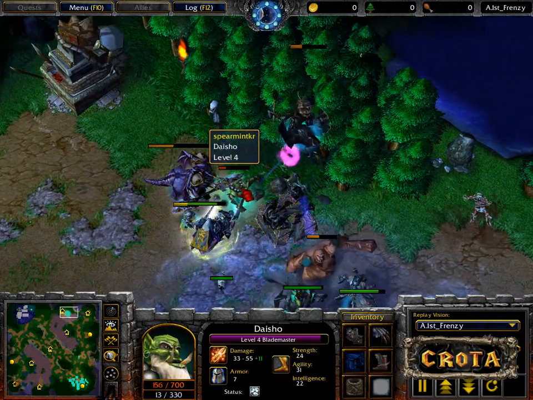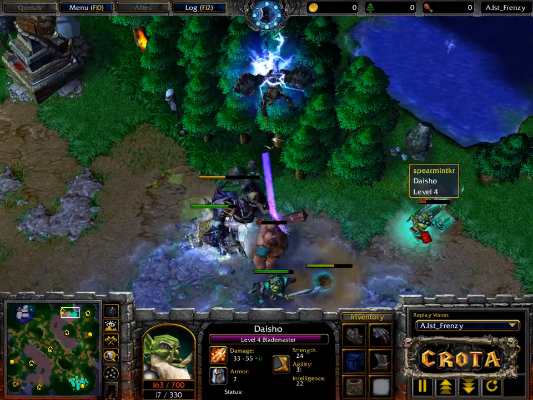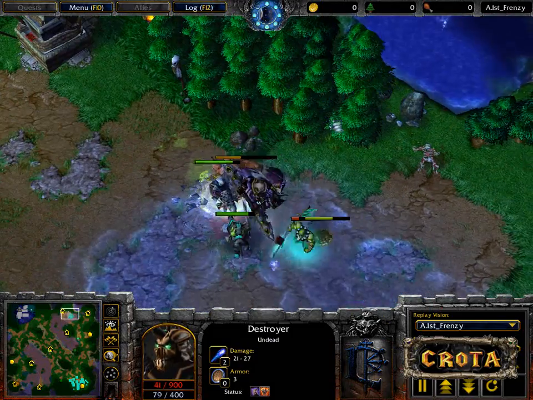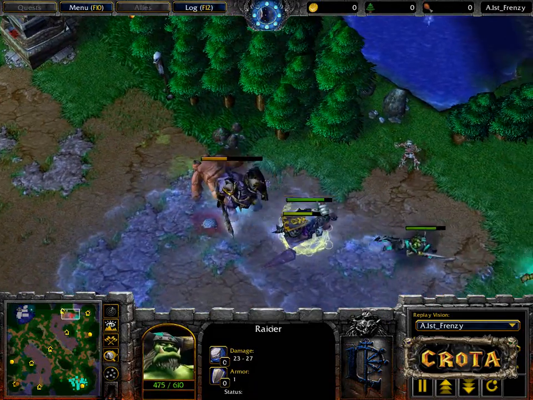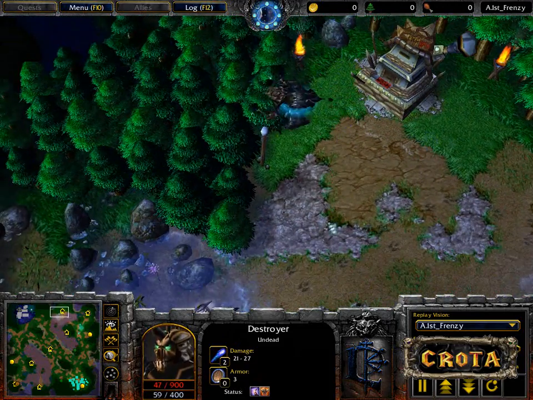Oh, Destroyer form now, as the Destroyer now gets purged in the air. Both sides still fighting. Is the Blade Master going to take down that Destroyer? The Destroyer now down to 39 hit points, as the Ogre now taken down as well. Both sides losing a lot of units. This Destroyer very lucky